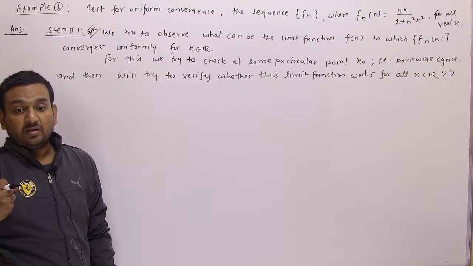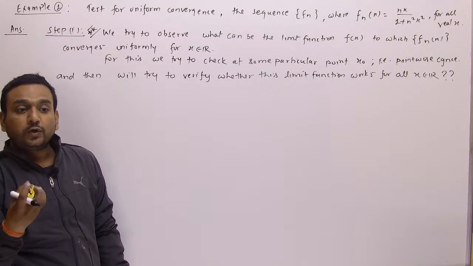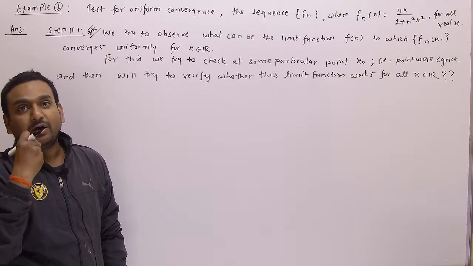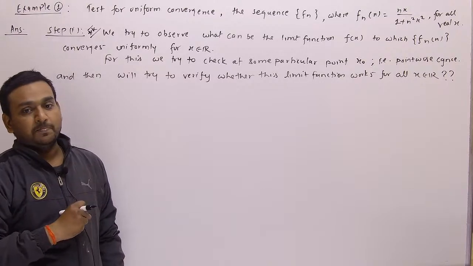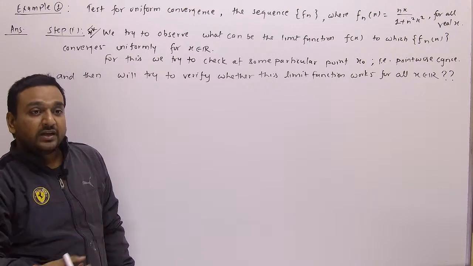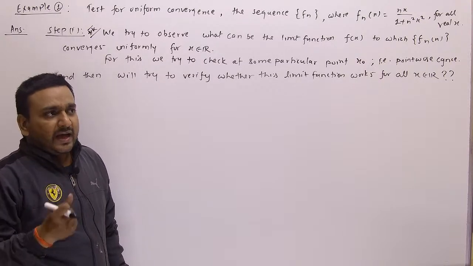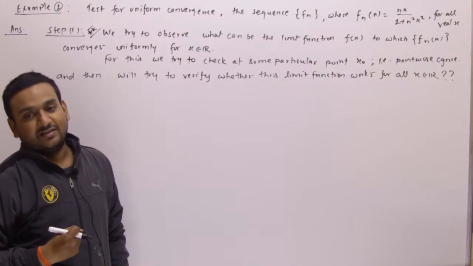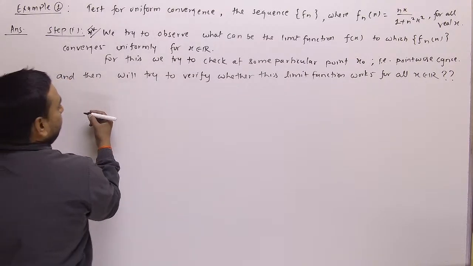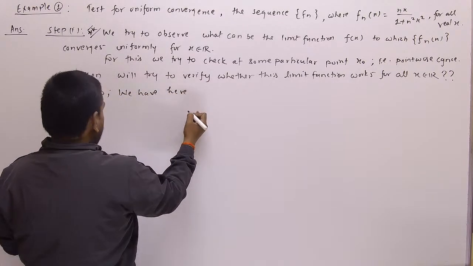Shibu Jaiswal, Amit, say yes or no. What did I say? If you have an idea about L, then you try to cross verify whether L is the limit of the function or not. So you should have some idea about what the limit function can converge to, because if it is pointwise converging to some function f of x, and if it is uniformly convergent, then it will converge to f of x for all real values of x or whatever the given domain. So we have to have some idea about f of x. Then only we will use the definition, the epsilon part, right? Fair. So we have here, if we look at x equals to 0,